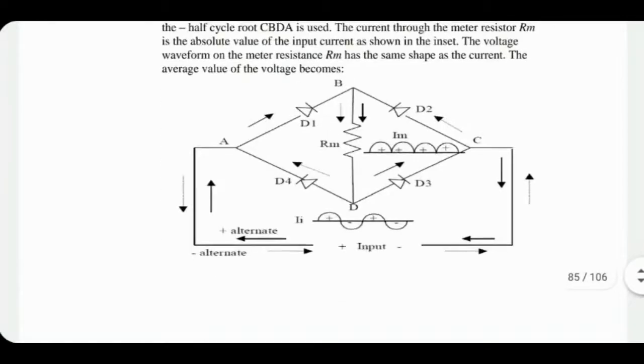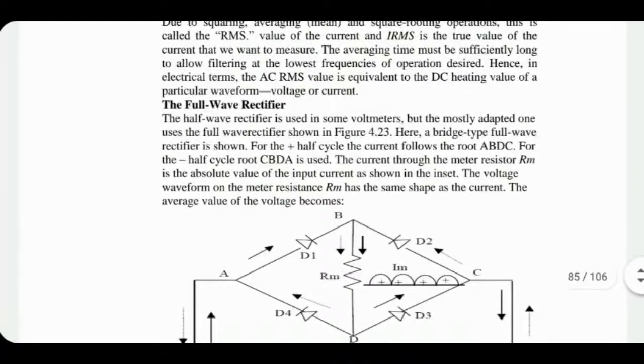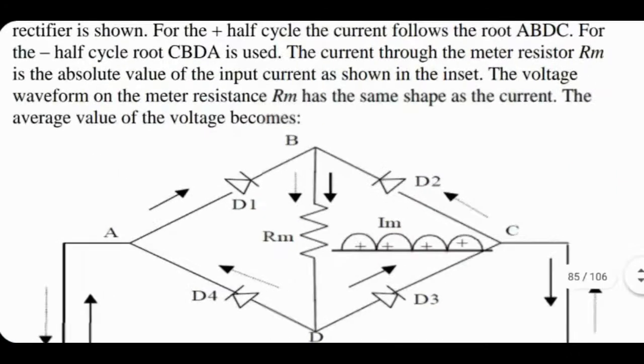There's one important thing that you may want to know, which is how to convert an AC signal into a DC signal. This is done using a concept called a rectifier. This is one example of a rectifier. We have 4 diodes connected in a bridge configuration.